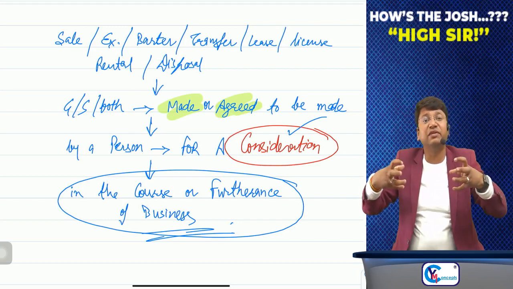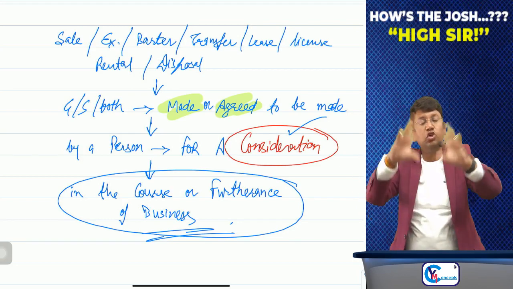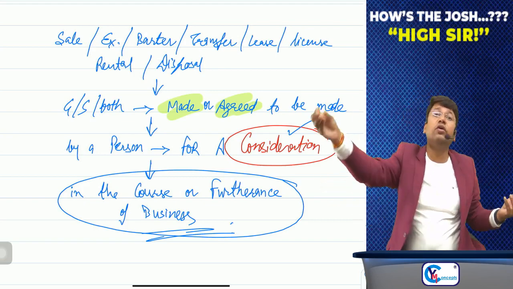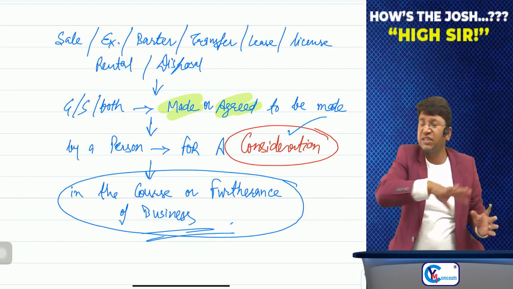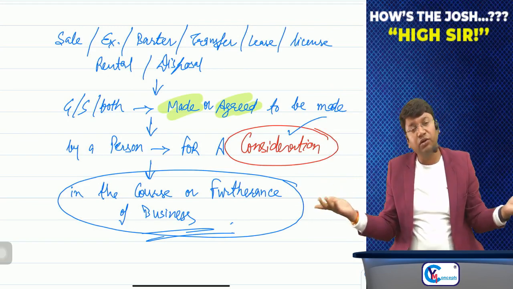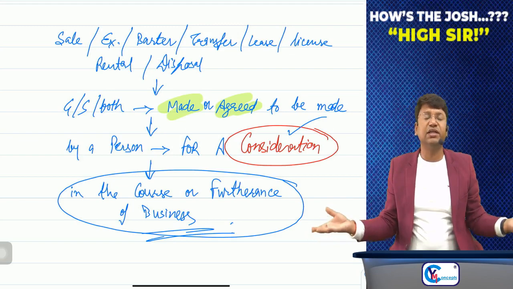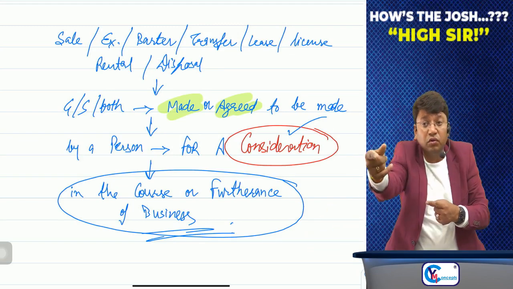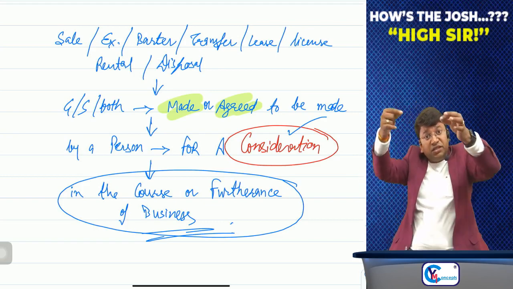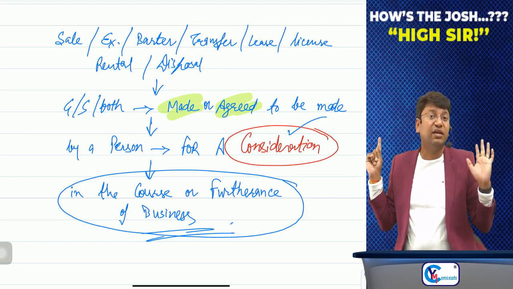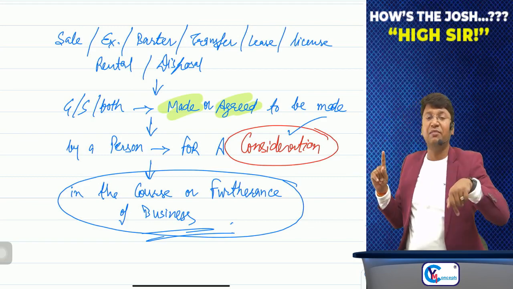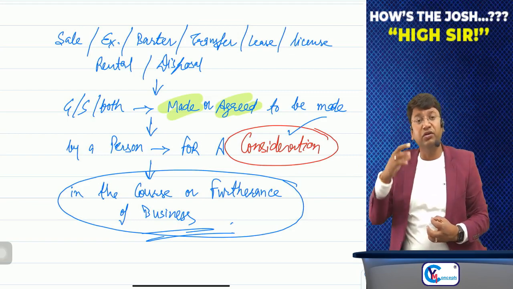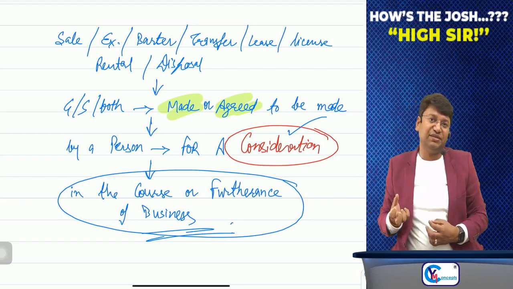There should be direct nexus between activity and consideration, and should not be any indirect link. Suppose I have done something great and you have donated some money to me, which I had not asked you to pay. It is just a donation. It is just a gift, not a consideration at all. Yes, if I had done something for you in want of some consideration from you, whether it is in money or in kind, then yes, whatever I am doing is supply because it is for a consideration. Your intent should be to earn the consideration. Your activity, your target should be to earn the consideration.